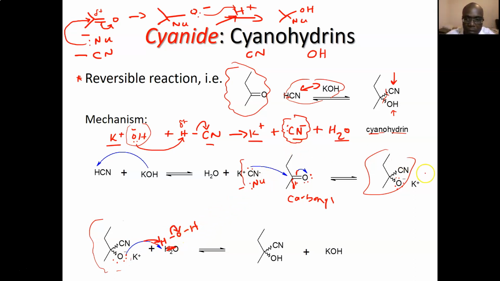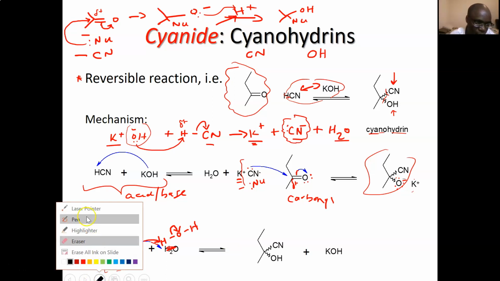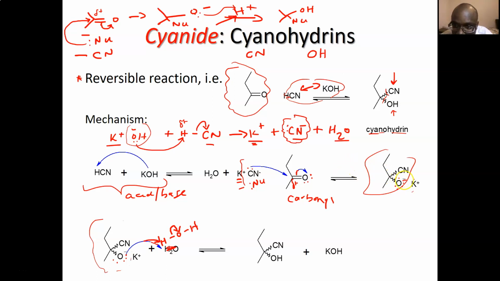Okay, remember when you open up the carbonyl, you get O minus, right? Here you have K plus, which is just this K plus that comes from this acid-base reaction. So if you have O minus and you have K plus in the flask, the K plus will hang around the O minus because opposite charges attract. We call such a species a counter ion. Why is it called counter ion? It's because it's using its charge to neutralize the other charge. So it's counter reacting. So this negative charge here will be neutralized by the plus charge on the K plus,